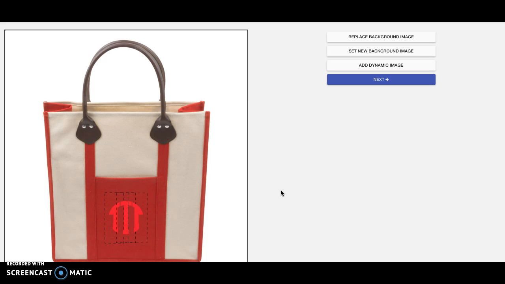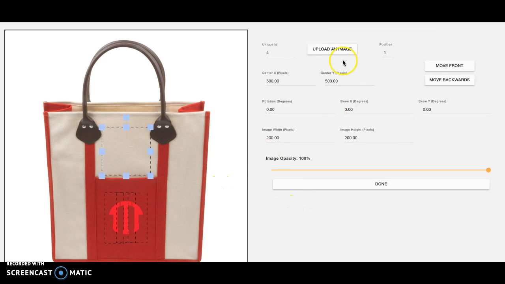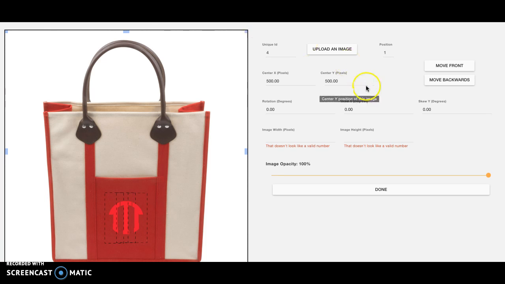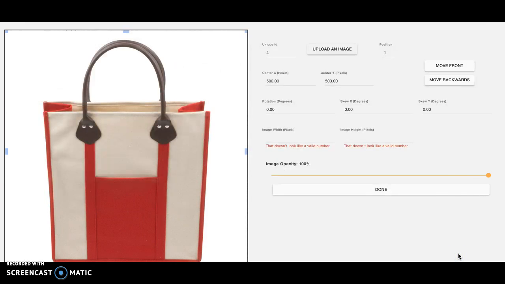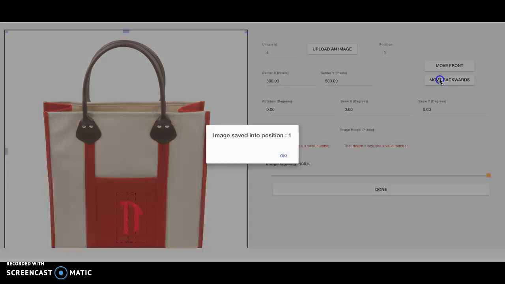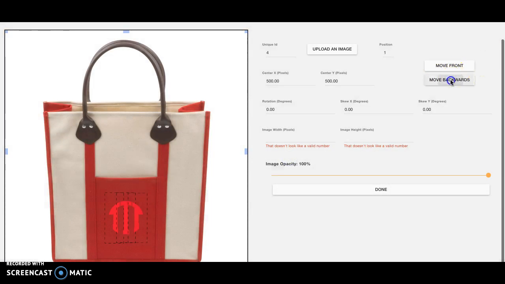Now what we need to do is add the different product variation. This is the color of the bag itself. For that, we're going to add a dynamic image, and I'm going to size it the same size as the picture. What I'm going to do is upload the different color variations here. The first one is the red, which we already have. I'm going to move it to the back so I can see the monogram, and now upload the second one,